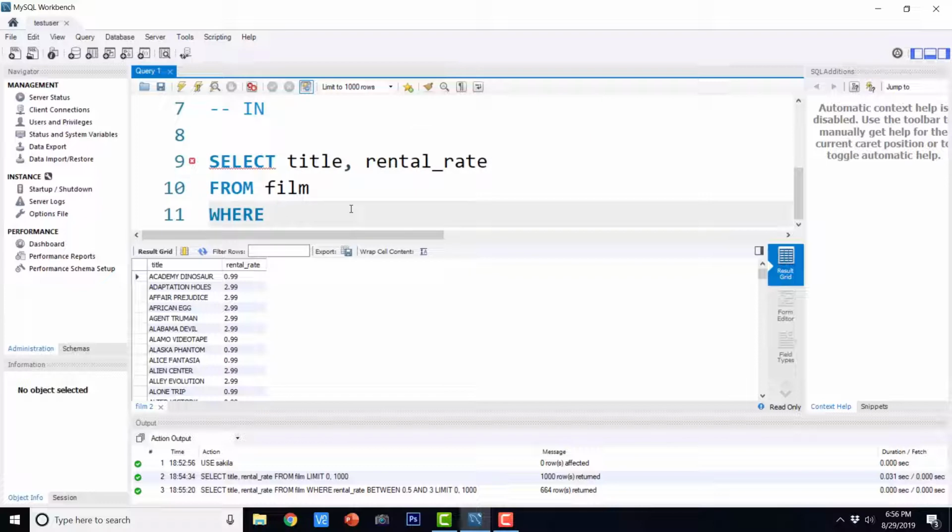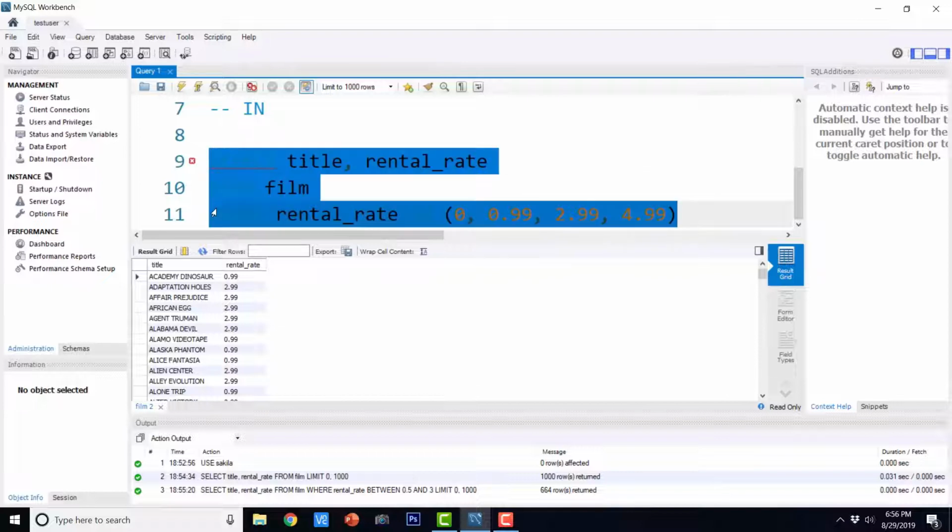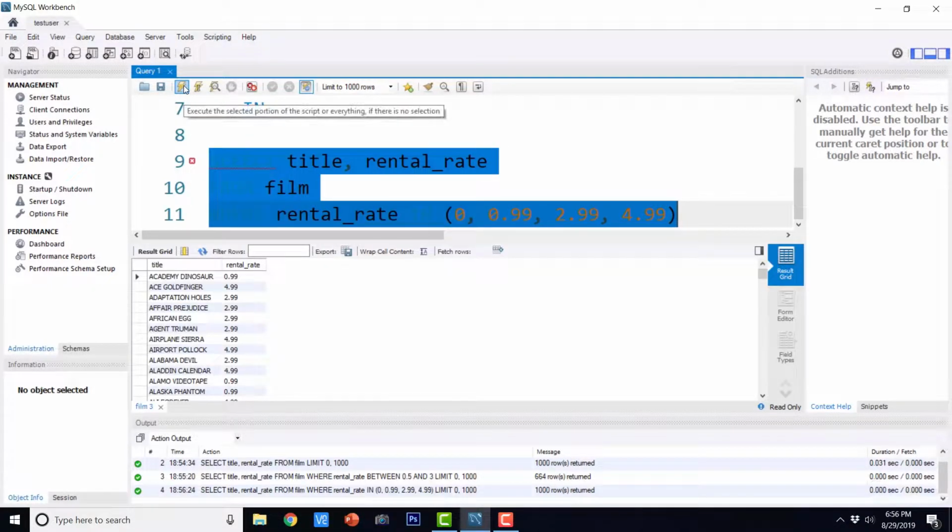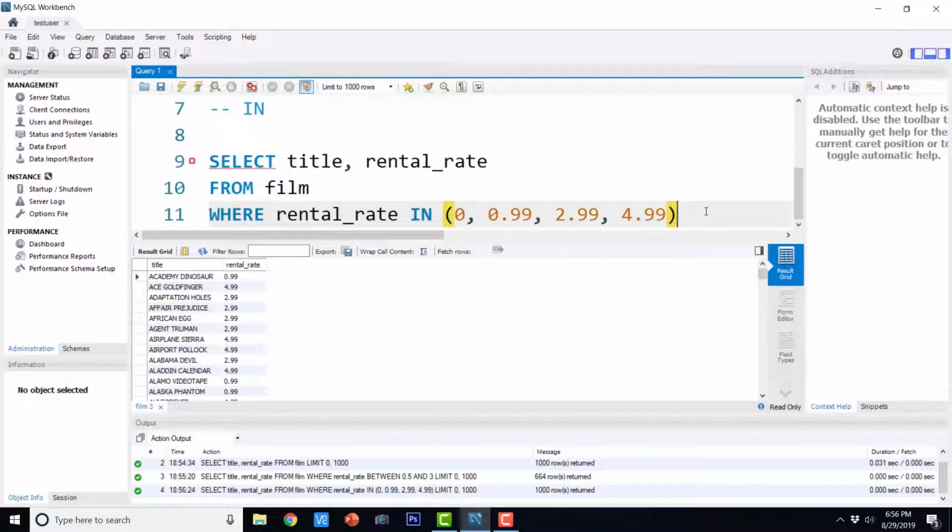Okay, where rental rate in 0.99, 2.99, 4.99. So if I execute this, this is going to show us the output. Okay, and if you observe closely the output, the rental rate is one of these 4 values.